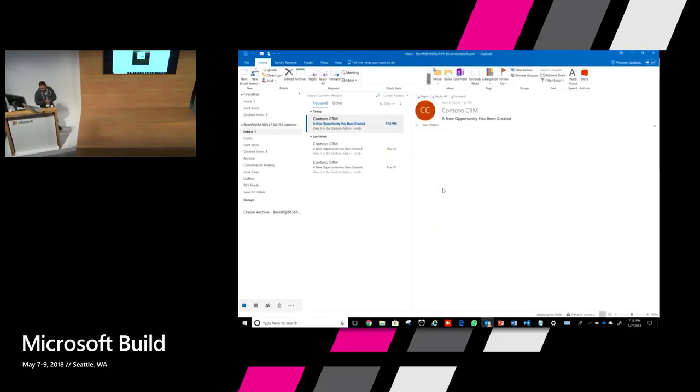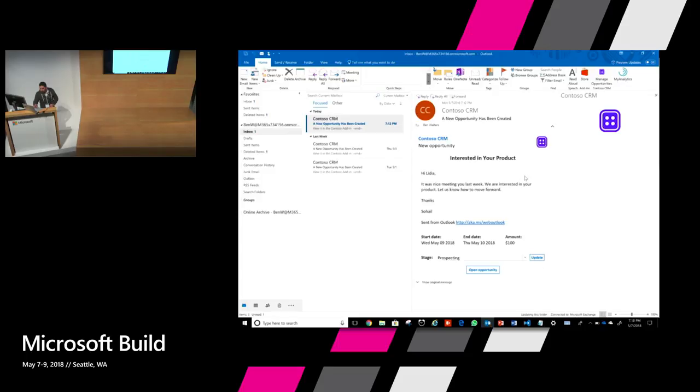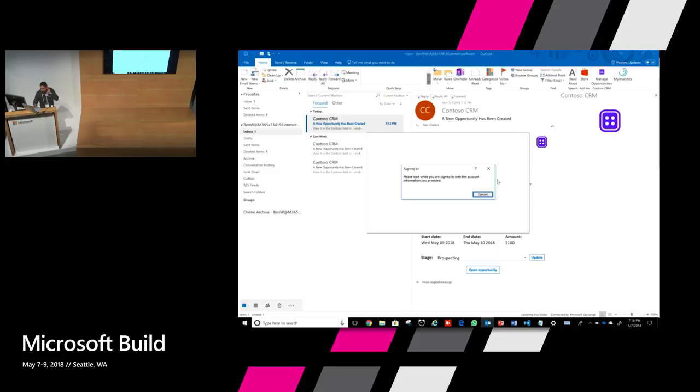But anyway, you'll see that it's logged in. And if I click Open Opportunity again, it launched the add-in. And now it's retrieving the permissions.